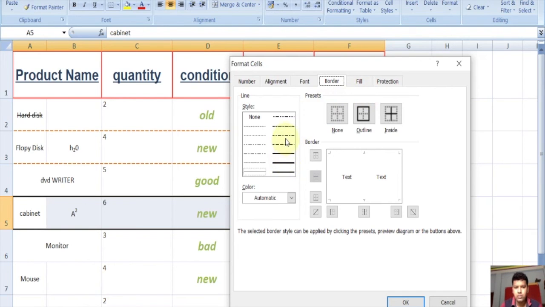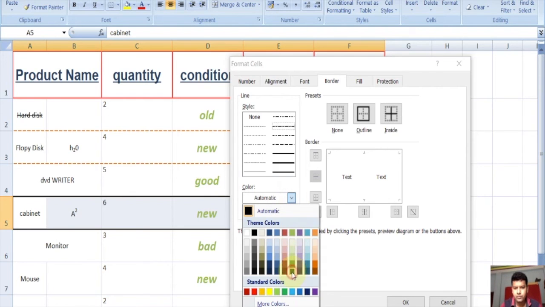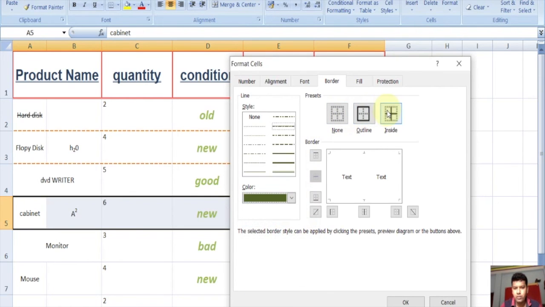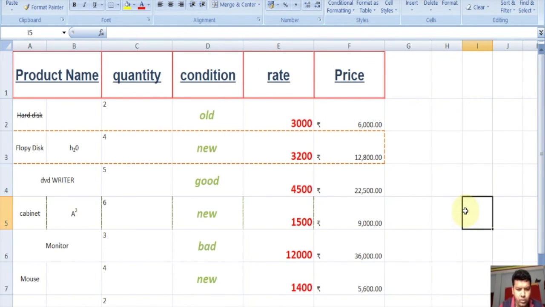Now click on the style, then select the color, and then click on inside only and click on OK. Here we get the only inside color, inside borders are there.